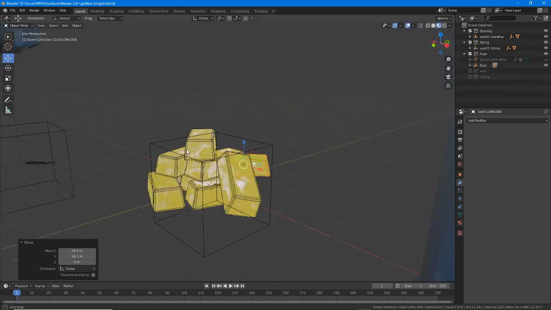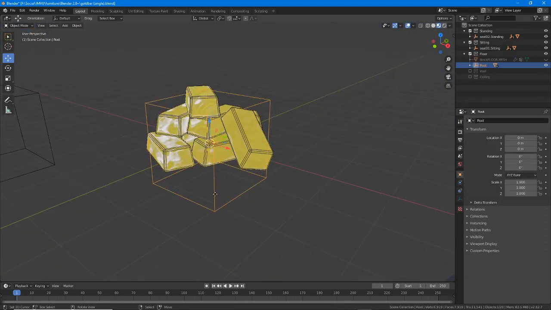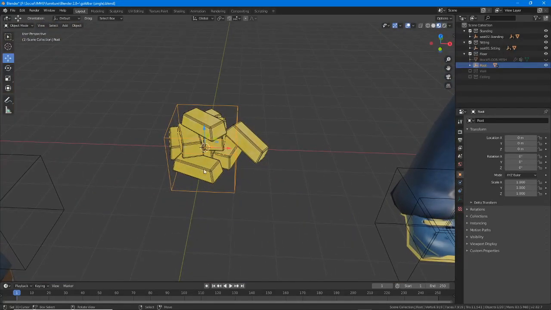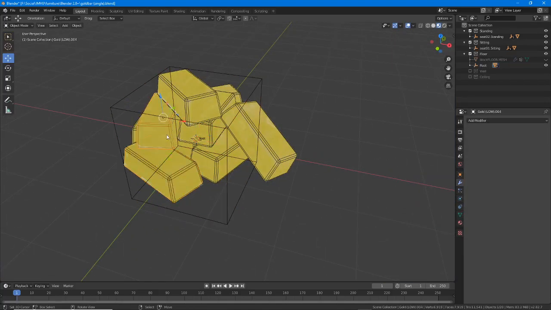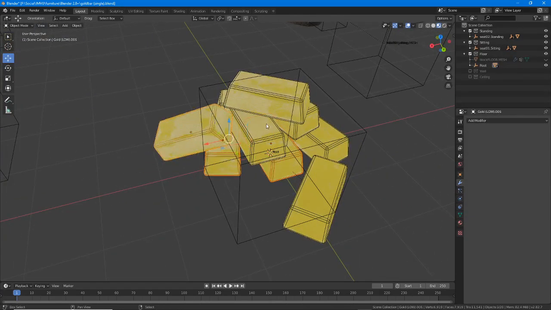And because we duplicated the original, we should find that all of these are still connected. But what we don't want to do at this point is export this as it currently is, because each of these is a separate object. So what we want to do next is select all our gold bars